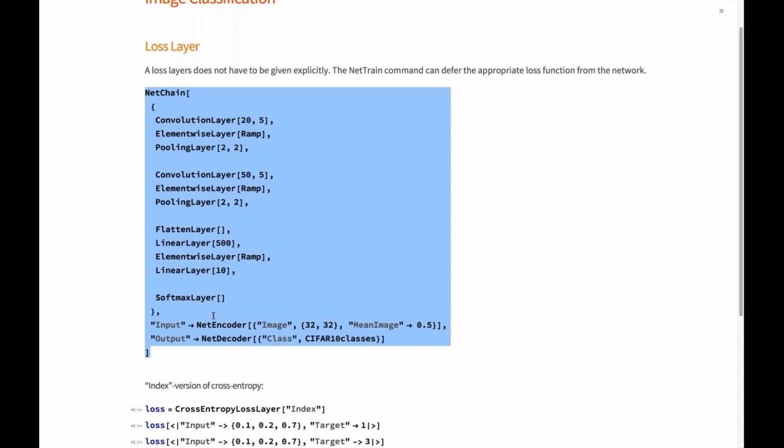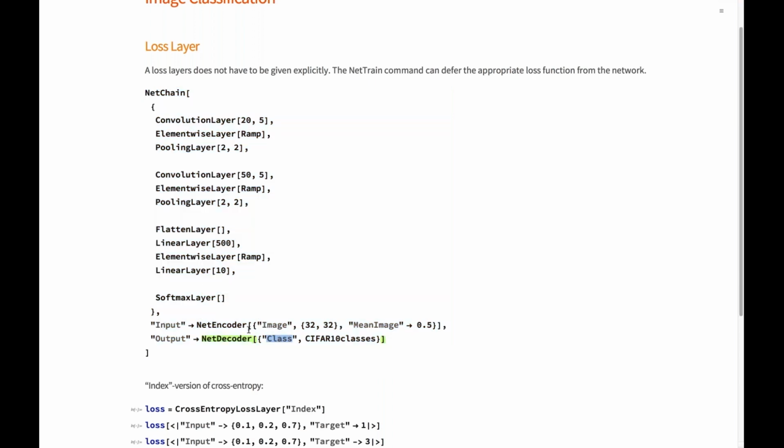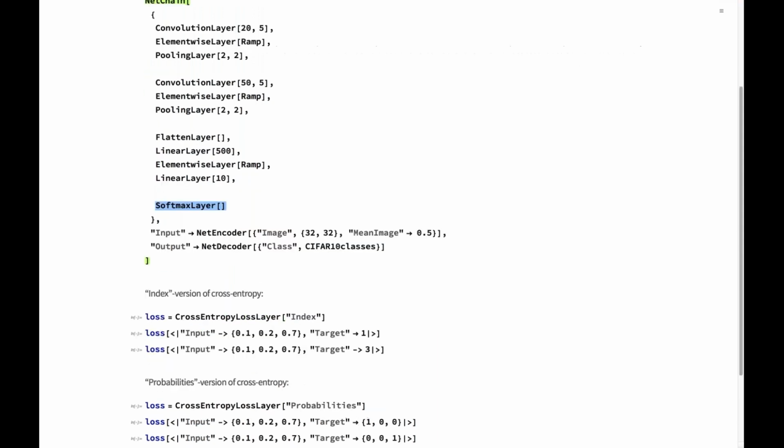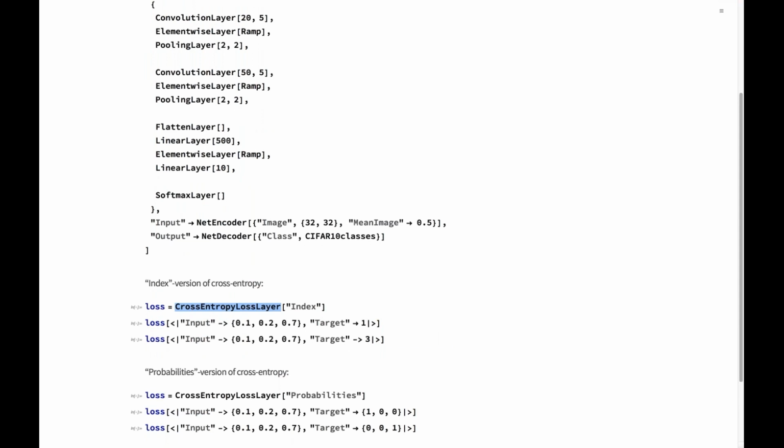For example, if you have a classification into classes and you end up with a softmax layer, then it's a safe bet to assume that the loss layer is going to be a cross-entropy loss layer, which essentially measures the difference between probabilities. So the probability distribution of a label saying this is in this class, so that would be the target that can be provided as an index or just a distribution like this, and then of course a distribution generated by the neural network.